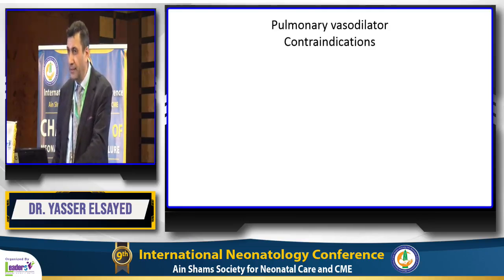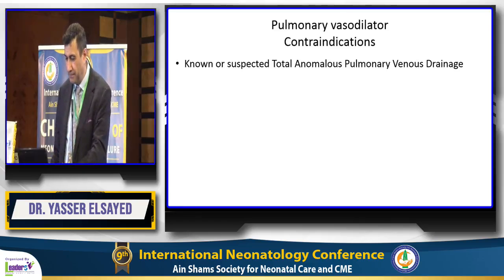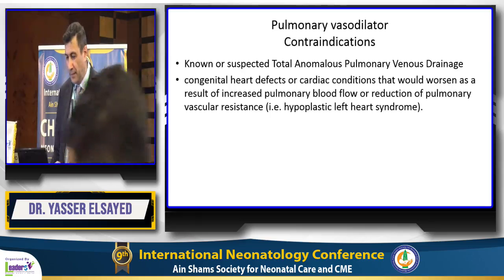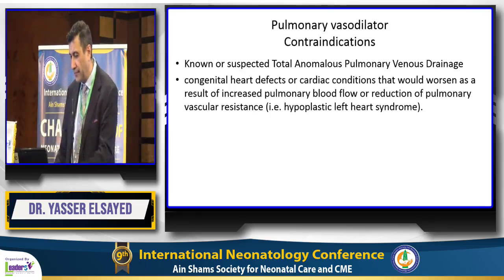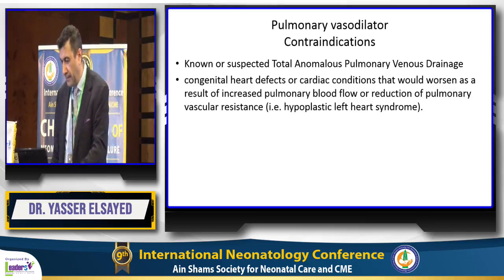Contraindications are more important compared to the previous slide, because the first priority is don't do harm, compared to helping or applying the right intervention. So with known or suspected total anomalous pulmonary venous drainage, you should not use any pulmonary vasodilator. Also avoid them in congenital heart defects or congenital conditions that would worsen with increased pulmonary blood flow, like coarctation